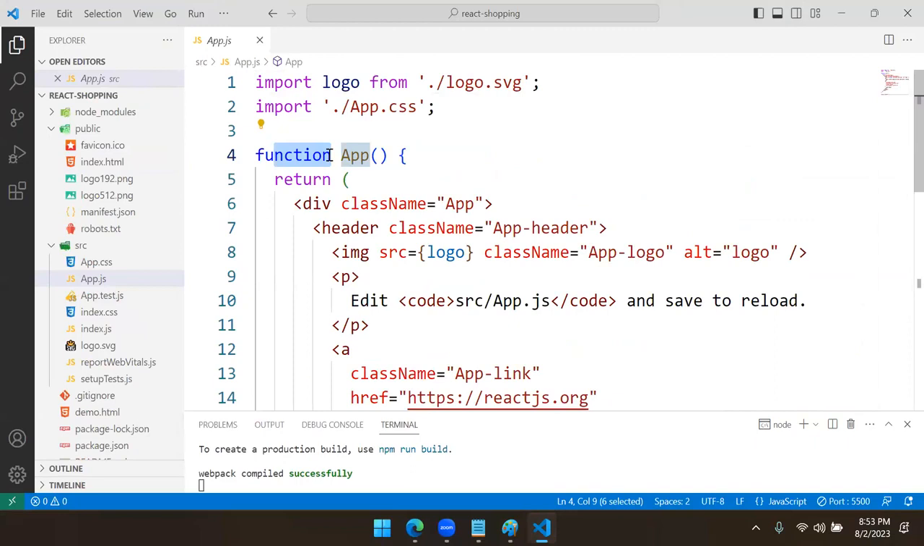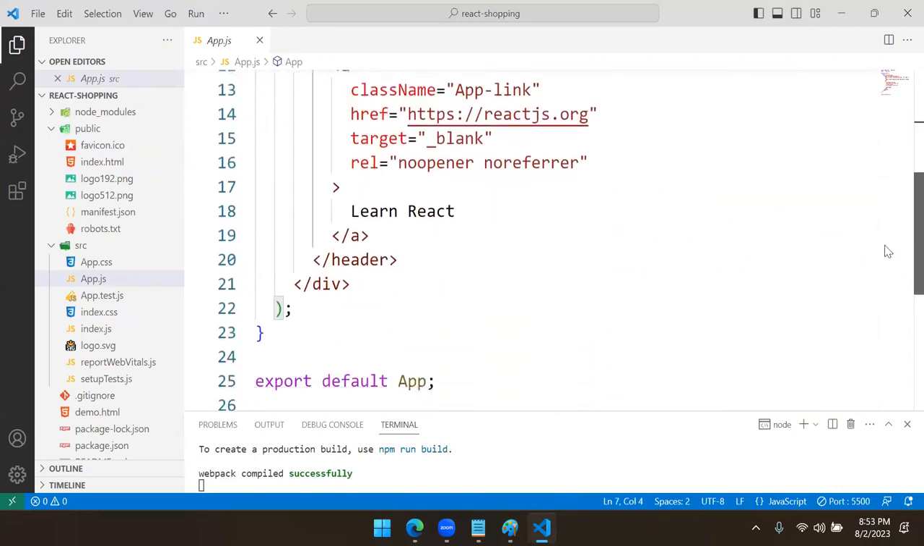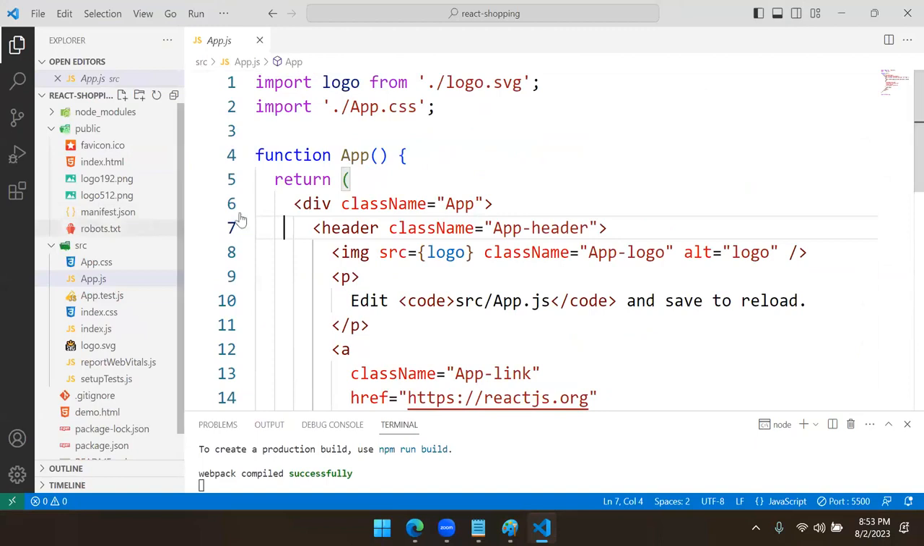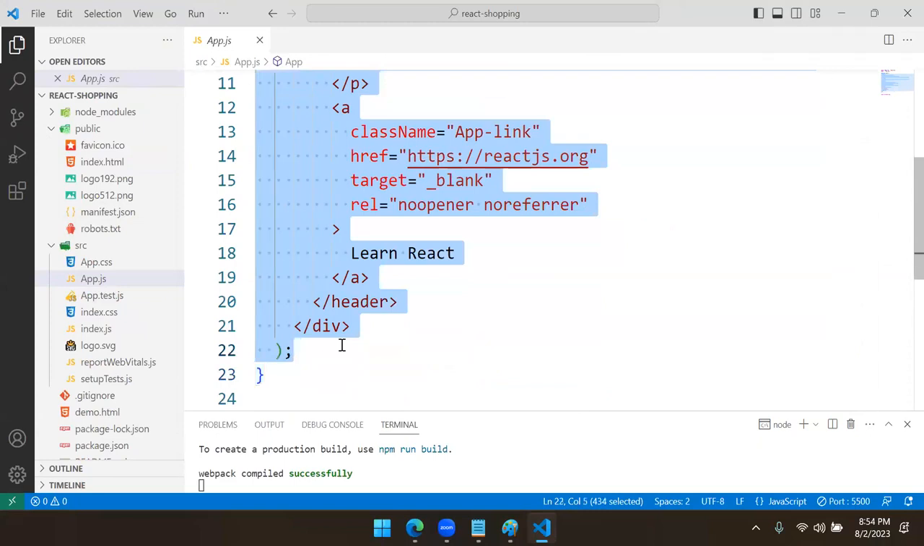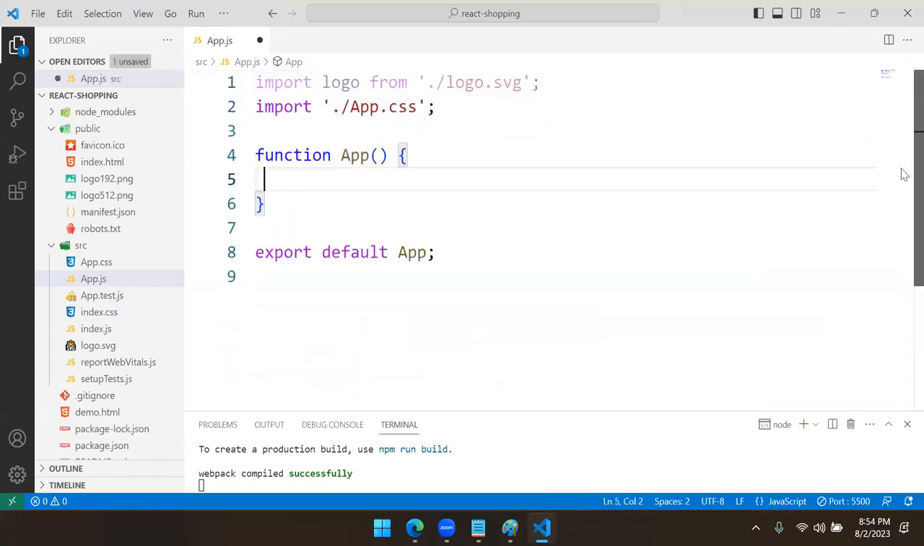App.js is a function. It is a simple function. And what I will do is, I will clean up this one. That means I will remove whatever is written inside it. This is a function. And I hope you already know that after writing a function or a class in a